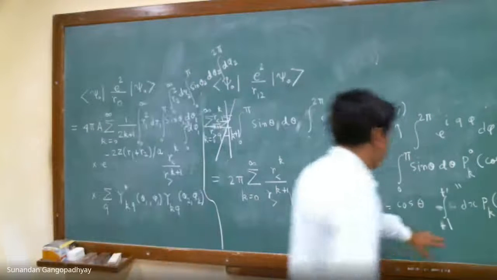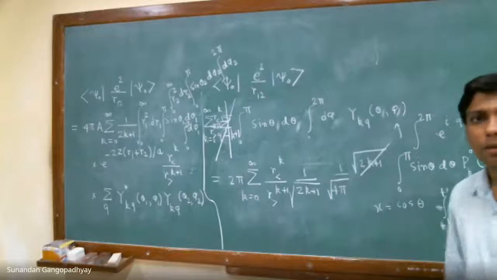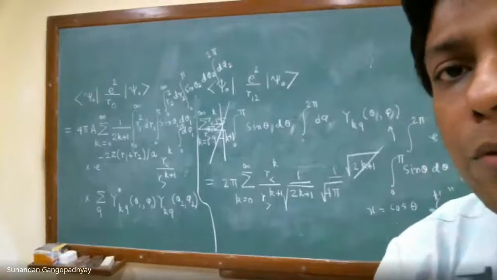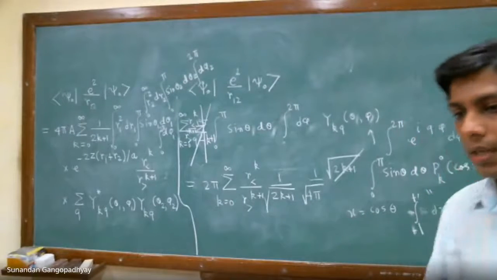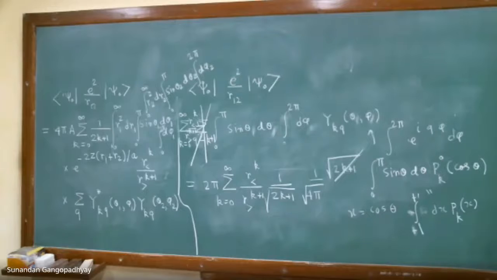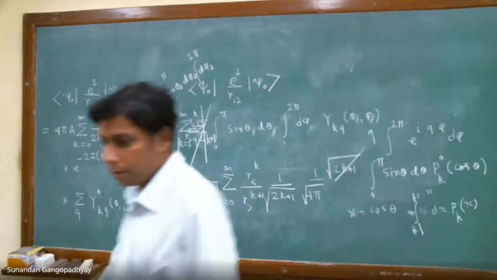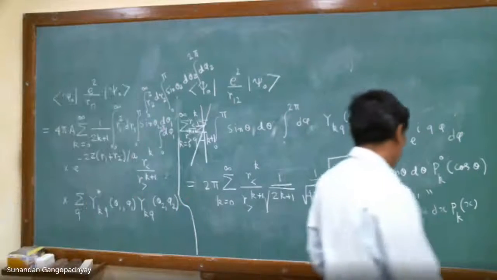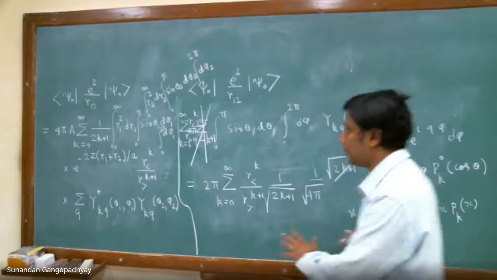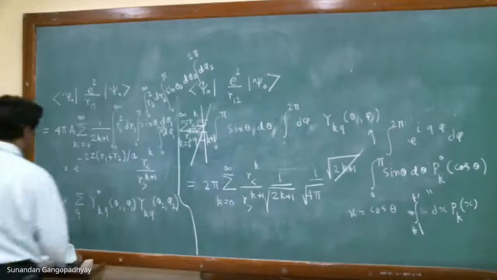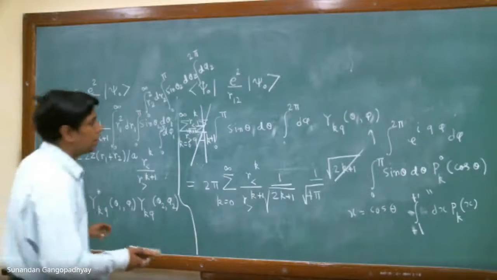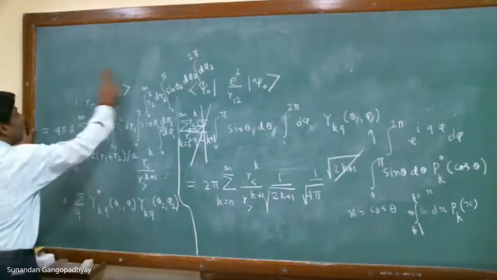Sir, that last part is not visible. The board is not visible. This part? Yes, sir. This is not visible? Okay, let me see whether it can be improved, because I don't set the camera. Is it now visible? Yes, sir. Okay, good. So I shall try to write in this side now. Otherwise, I think it is inconvenient for you to see.